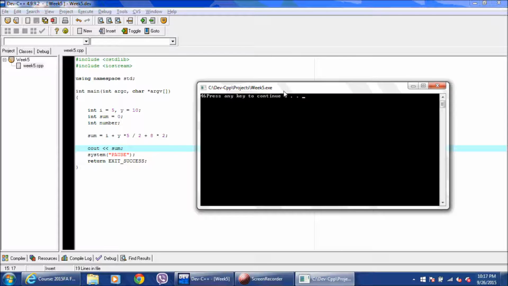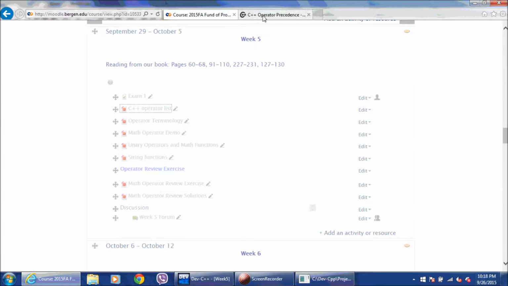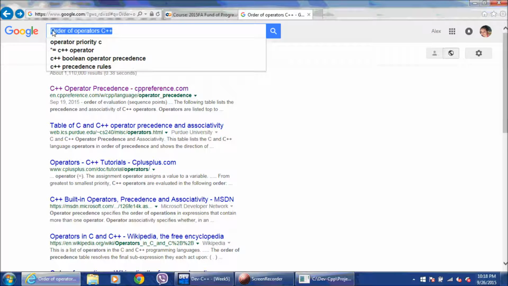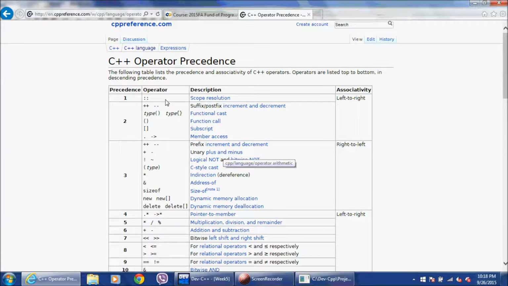Now, the other thing you have to realize is, when you're doing an expression, you have to look up what the order of precedence is, as well as associativity. Now, we go into the definition of what is associativity. Associativity tells you which way you're going to evaluate depending on the precedence of the operators. So for example, if you look up on Google, I'm going back to the reference, you can look up something called order of operators. Okay, you go into the first link,